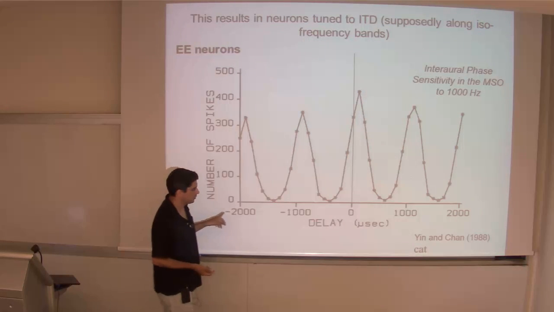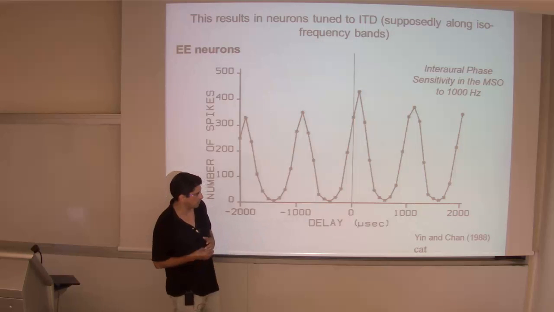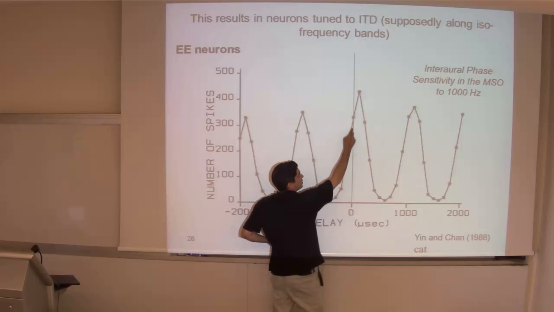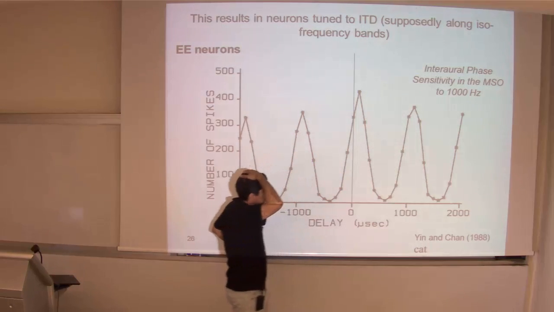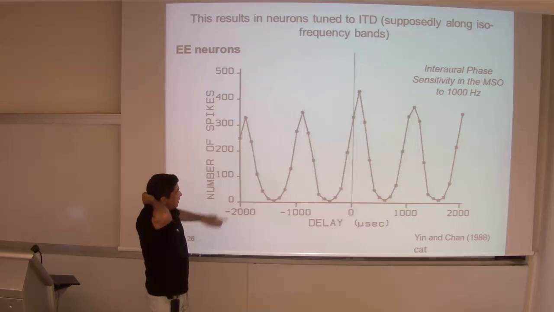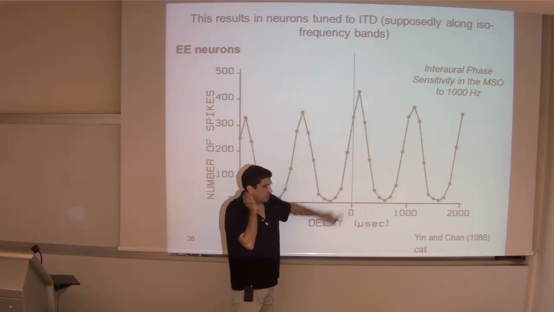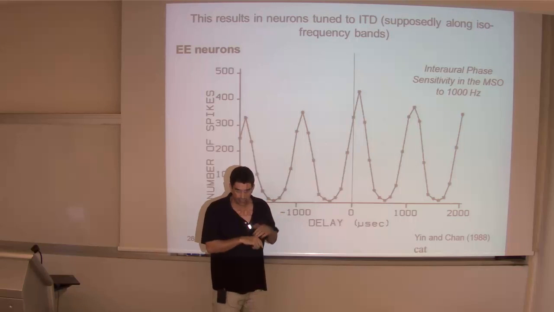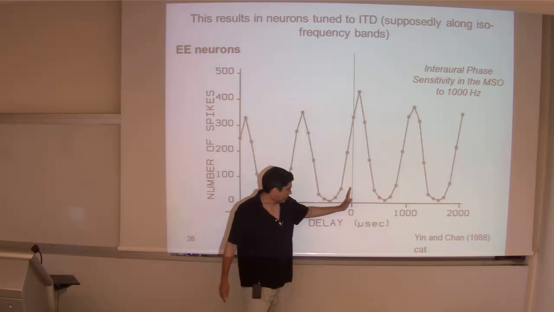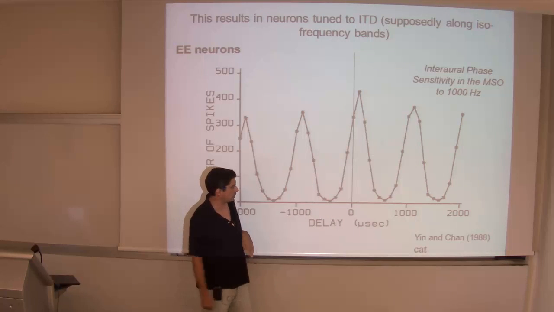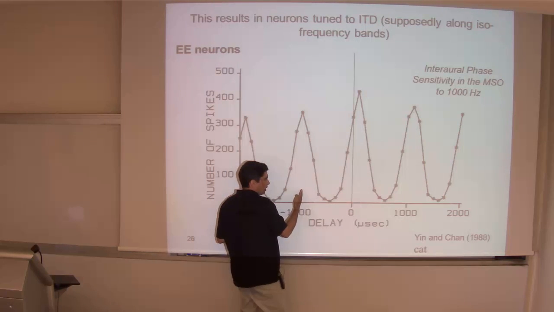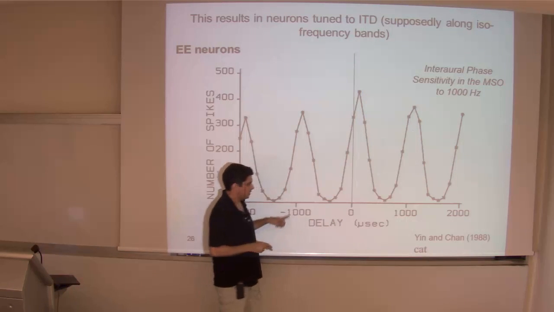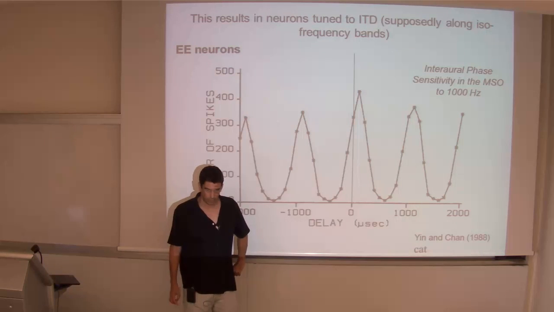But basically, if you record from neurons in the MSO, this is an example from the cat, one does record these ITDs, okay? You see that the neuron spikes with the highest firing rate at a given ITD. But because of phase ambiguity, because the neuron doesn't know if it's the first part of the phase or the second part of the phase, you can see the responsiveness of the neuron even if the shift is at the period of the frequency of the sound. Okay, so if this is a